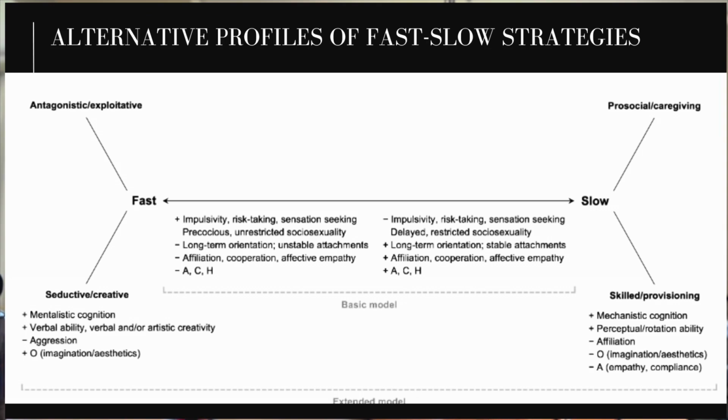On the other hand, what do we see here for slow life history strategies, right? These two dimensions. There's a pro-social or caregiving one, and then there's a skilled or provisioning one, okay? So pro-social, caregiving. Think of someone who's a very good and committed partner, good at caregiving and taking care of the kids, and you like being around him, and he's highly empathetic, and you're like, I love my partner so much, he's great. Then think of a skilled and provisioning one, where it's like, okay, he's a little distant, and he's cold, lower in empathy and lower in affiliation, so we don't have as close a relationship, but he's very competent, and he's high status, and he provides really well, so he's the good provider. So that's kind of what you have there. It's like the good bonder, and then the good provider, as far as these slow life history strategies go. Anyway, going on now to the next slide.